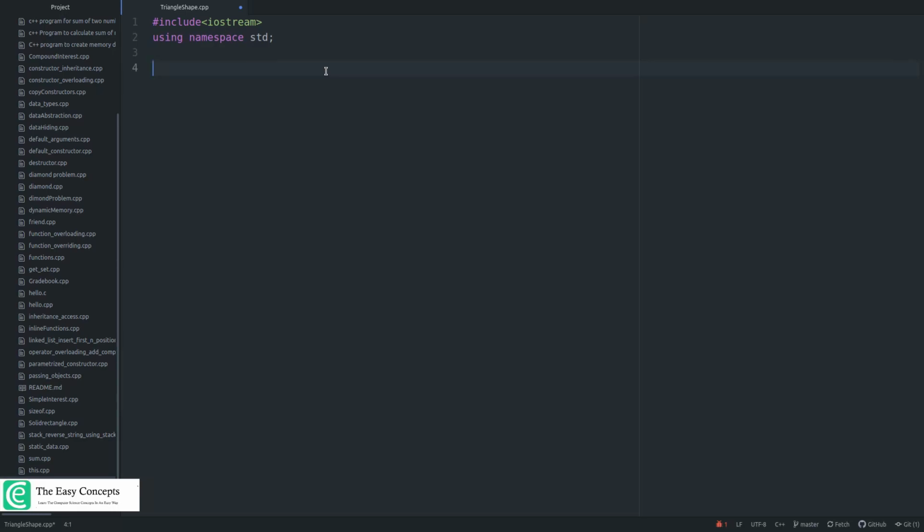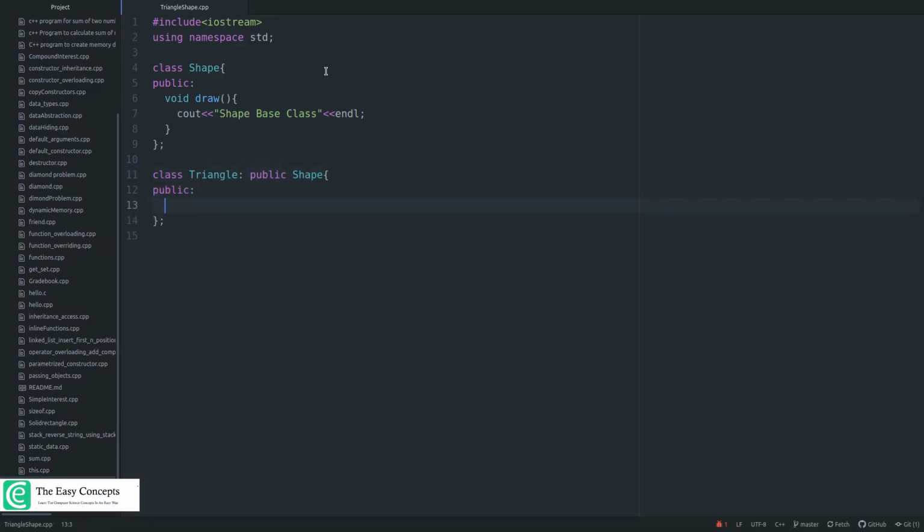So we have a class shape and it has a public function which is draw. Let's make it void first, and this function is not going to do much, but it's just going to print "shape base class". Now I am going to inherit this class in the triangle class, and the inheritance is public, right?